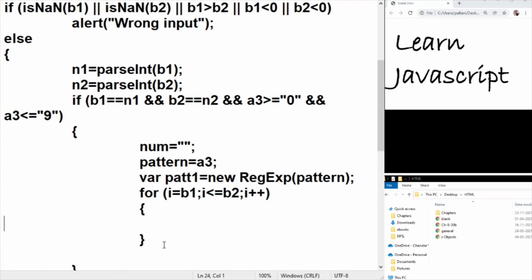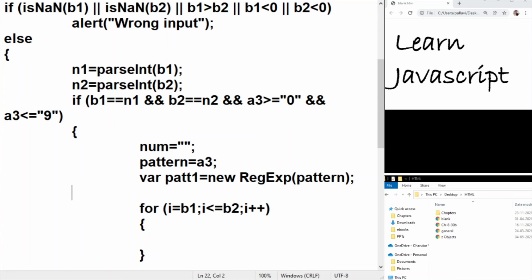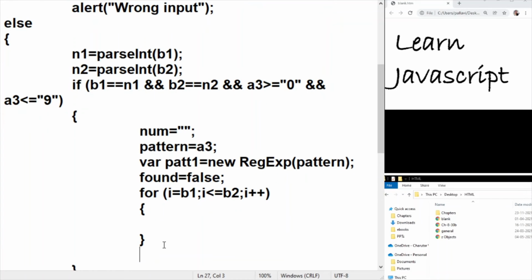For this, let us first define found as false. The moment we find it, we are going to do some logic and we are going to generate the output, and we are going to print the value of the variable which would be containing the list of all the numbers where this digit character was occurring.